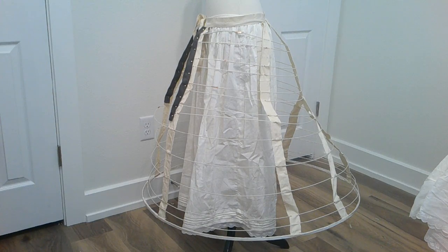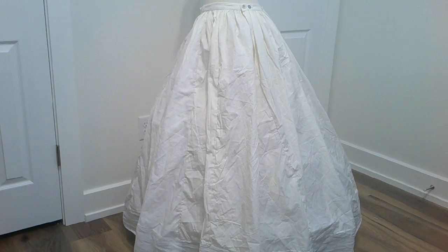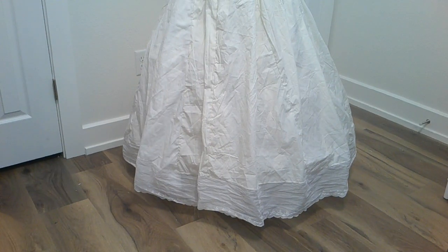But yeah, let's go ahead and put the petticoat on over that. Once again, it needs to be ironed, but it'll work for the time being, and it goes over the hoop really nicely. I did purposely not make it train in the back. So you can see it's even all the way around, which is exactly what I wanted. Yes, you kind of do want a trained petticoat to keep the silk from getting dirty,